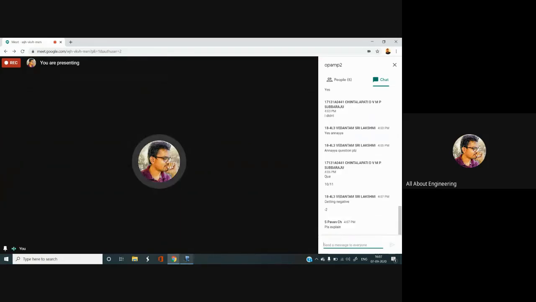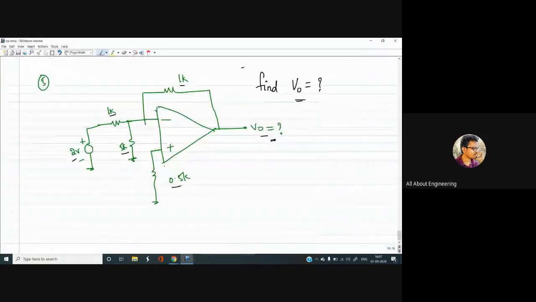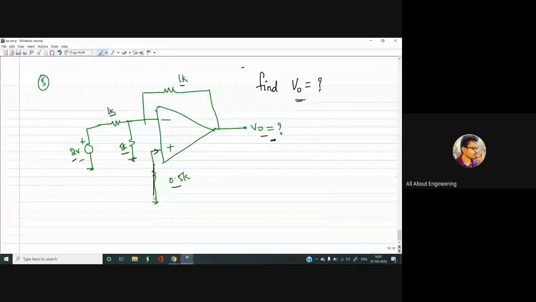Okay, let me explain this. Please listen carefully. As I already told you, the current into these terminals is zero, so no need of this resistance. So simply you can connect this to ground, so here the voltage would be 0 volts. As clearly you can see there is negative feedback and high gain, so virtual short can be applied. So this node would be at 0 volts. As there will be no current flow between 0 volts and the ground connection, you can omit this resistance also. This is of no use.